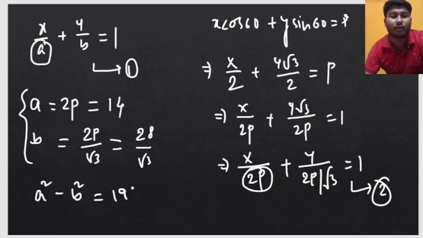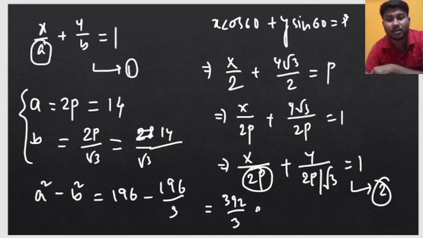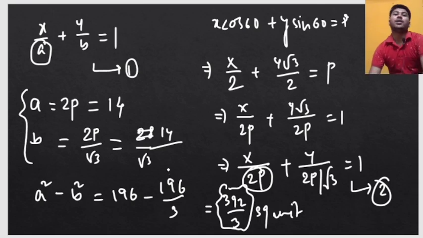So a square will be 196, and b square will be 196 by 3. If you calculate, that will be 392 divided by 3 square units. So this will be the answer, 392 divided by 3. I think you all got all of my points, so we'll